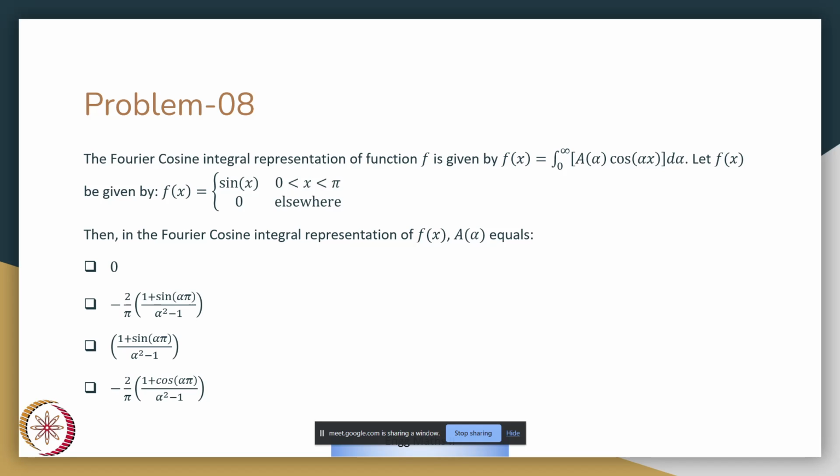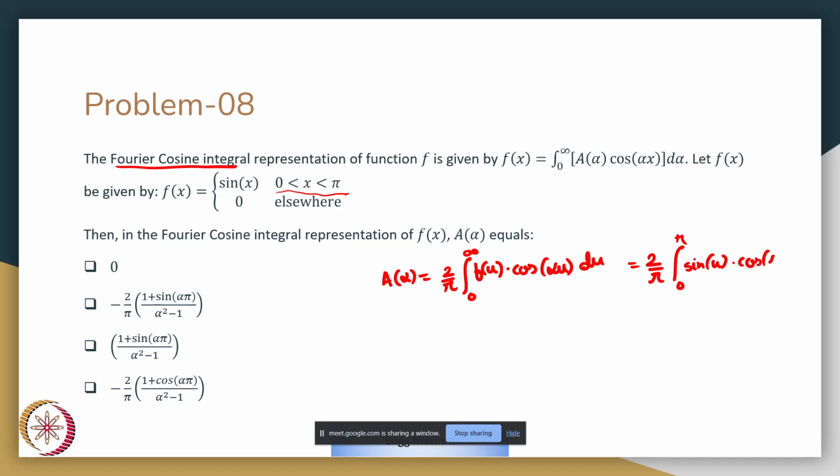Okay. We now move to problem number 8. Again, we are asked to calculate the Fourier cosine integral representation, and similar thing, except now we are given f of x is sine of x, and it is bounded between 0 to pi. So my Fourier cosine integral representation would look like 2 by pi integral of 0 to infinity f of u cos of alpha u du,